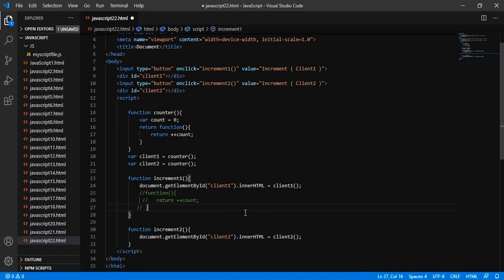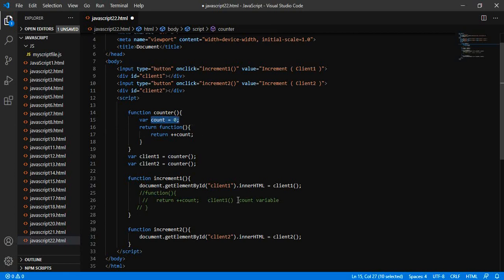So every time you call client 1, it is executing this function with the count variable that was generated when you executed this counter function. The first time you executed this counter function, you got this variable, and in return you got this function, and inside it the same count variable is accessible.